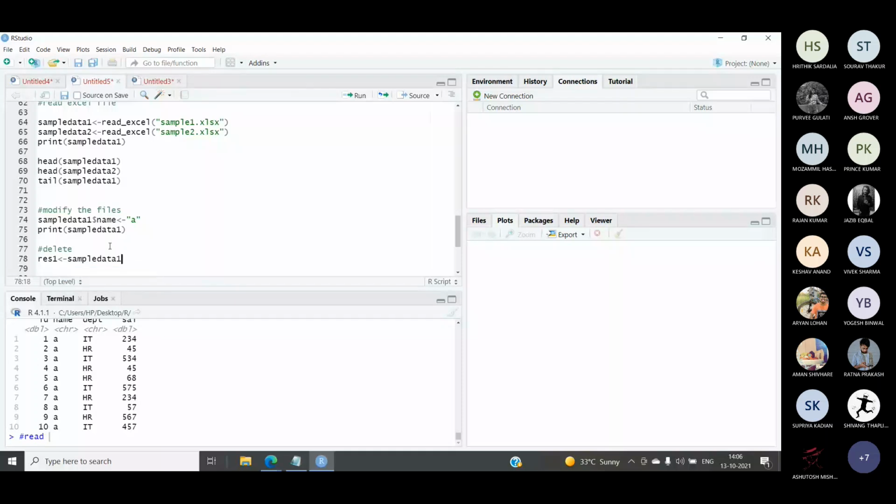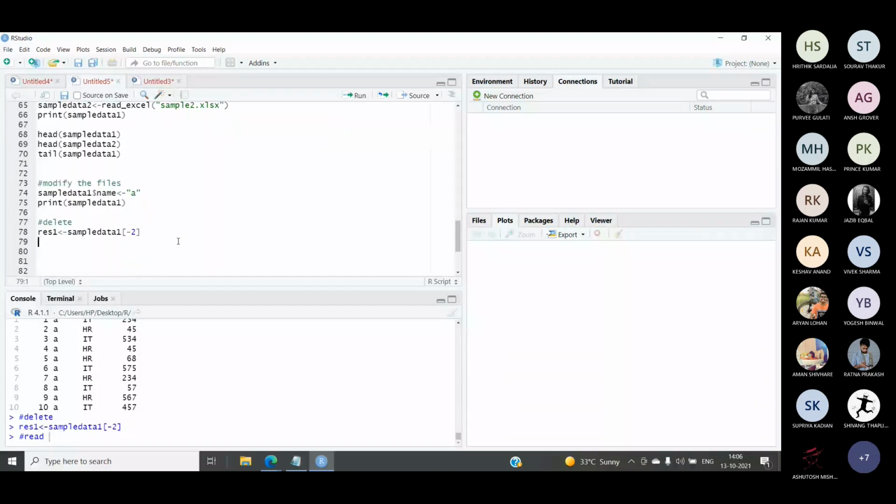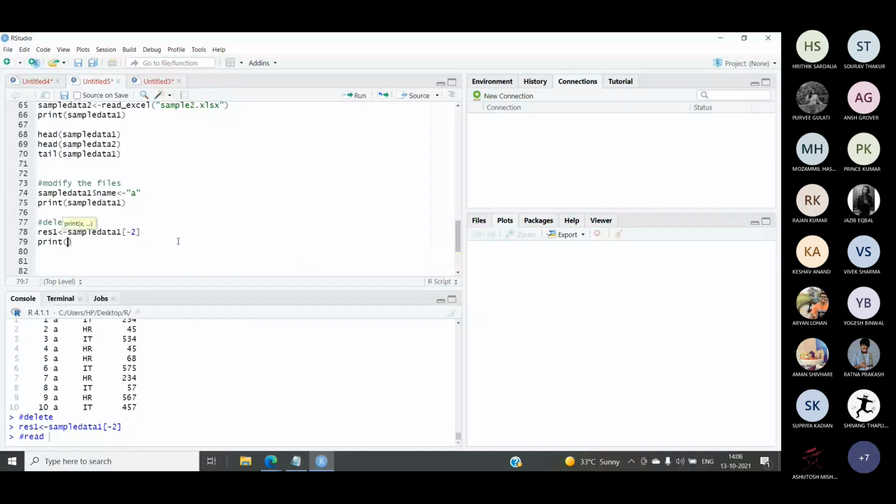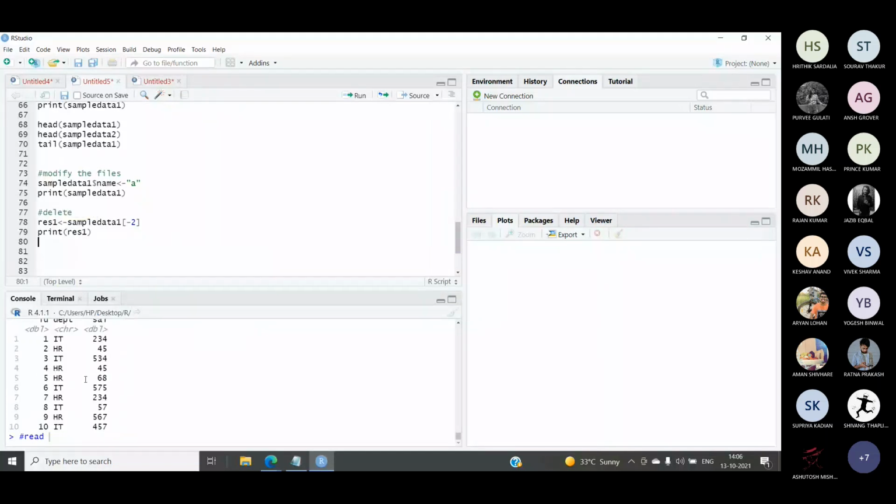If I specify -2 over here, let's see what happens. Now let's print res1. So here you can see in this res1, these fields are coming.